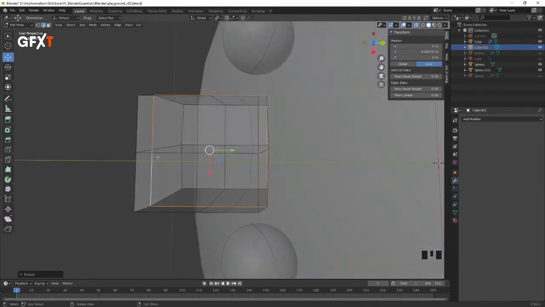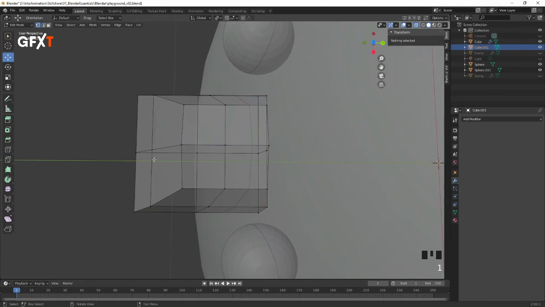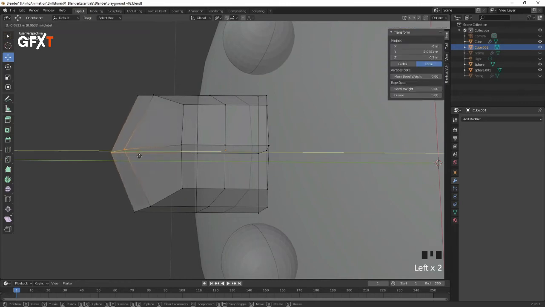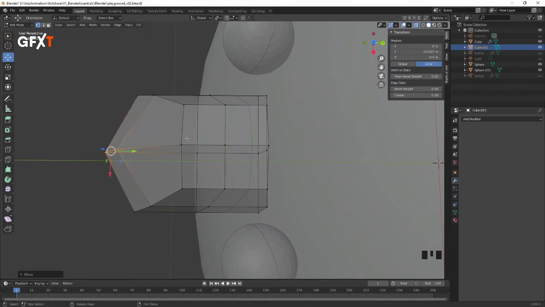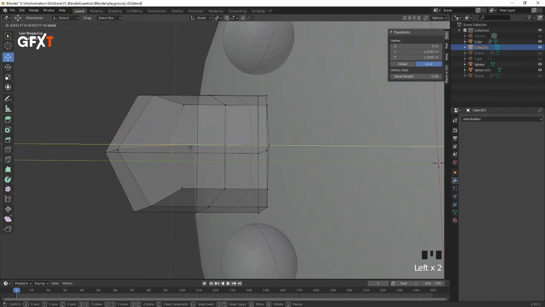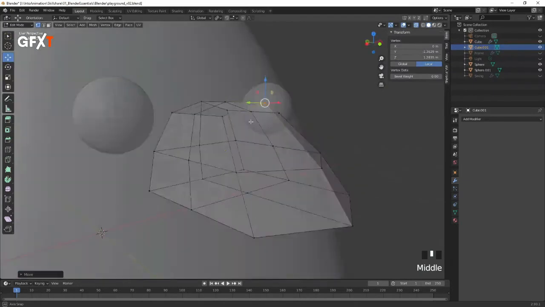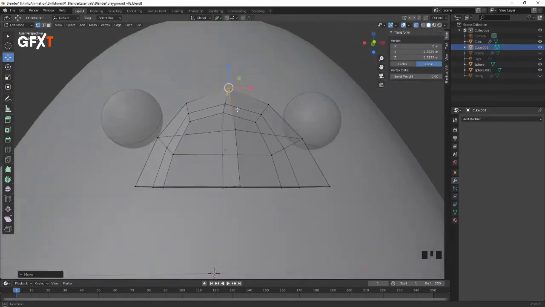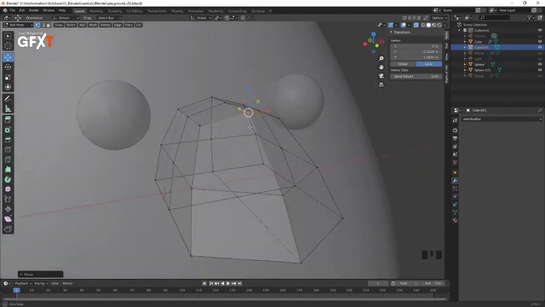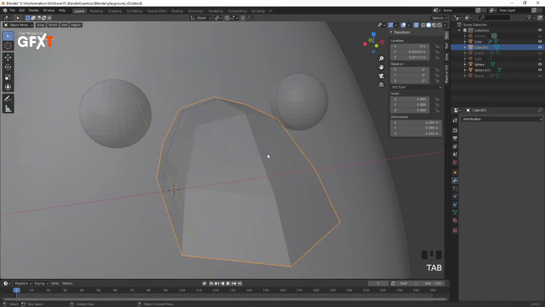Now looking at this from the top, obviously we're very square at the front here, so I'm going to go back to select my vertices by hitting 1, and we'll just move these points right forwards. Let's move this one forwards a little bit as well. That's defined our basic shape now. So again, I'm going to tab out of this,